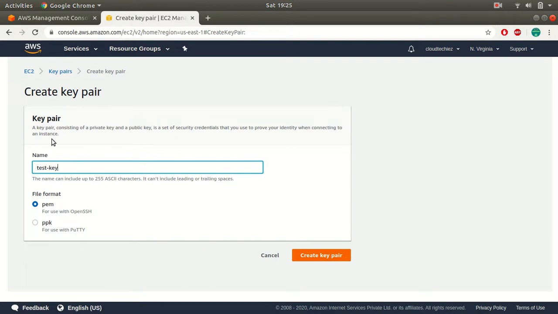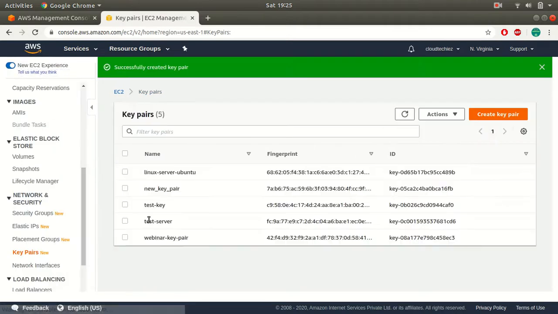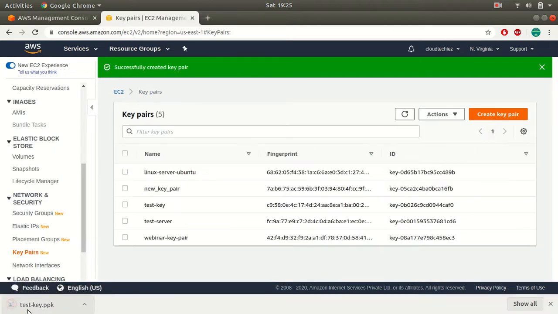Now Amazon has the option of directly downloading the PPK file instead of doing the conversion manually. So if you are using the PuTTY application, you can directly download this PPK file, and if you are using OpenSSH, you can use the PEM files. When you click on create key pair, this will download the file for you.